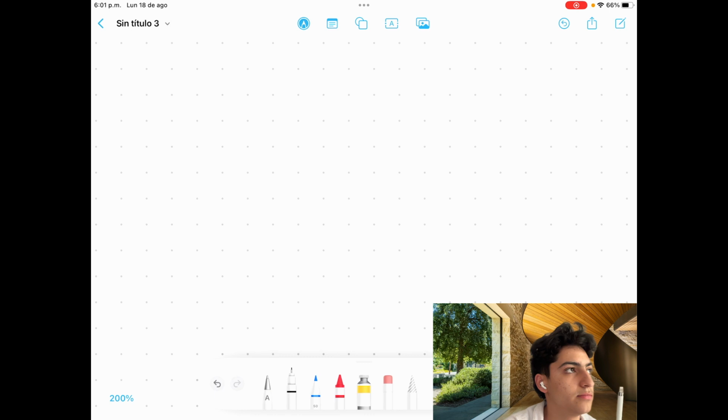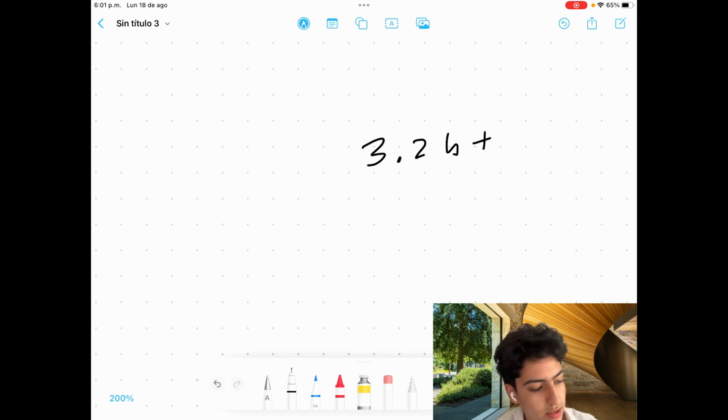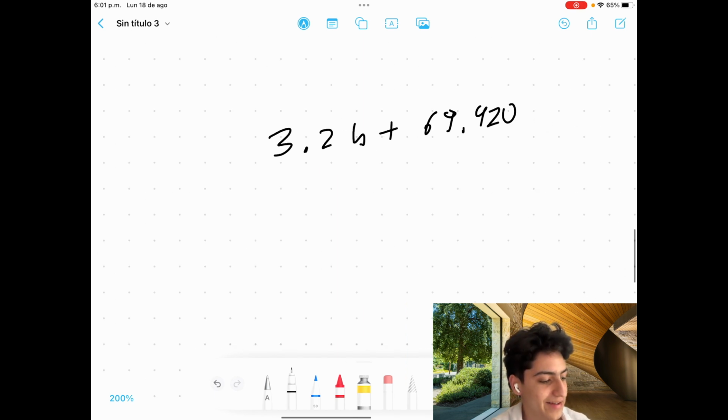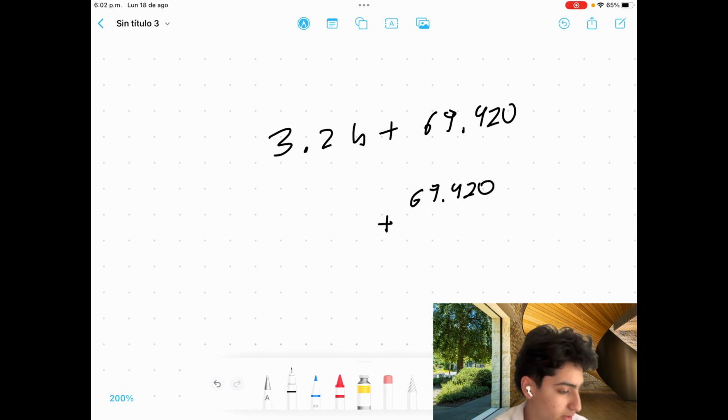The key thing there is that we only care about aligning the decimal point of each value of an expression. So for example, if we have 3.24 plus 69,420, in here we just care about aligning the points. So in this case it will be 3 point, because it's aligned, 24, and on the spaces like this one and this one we just add zeros. So 0, 0,